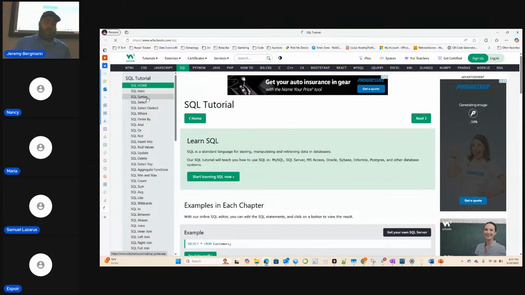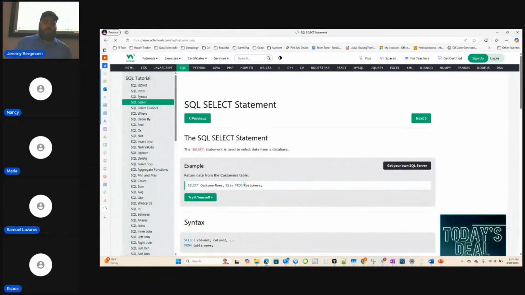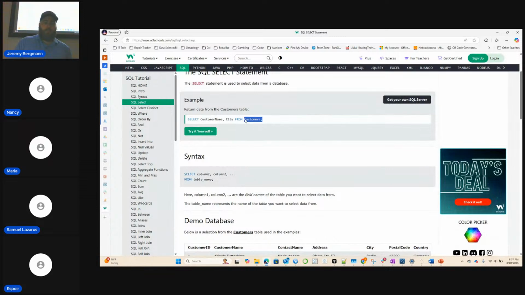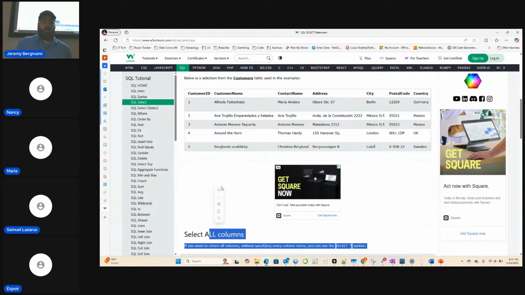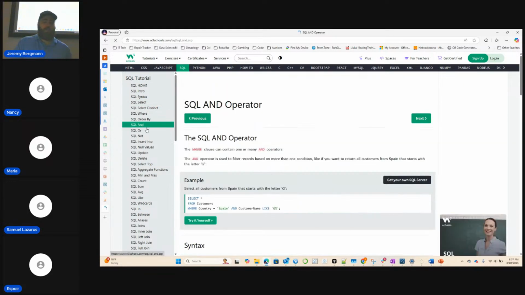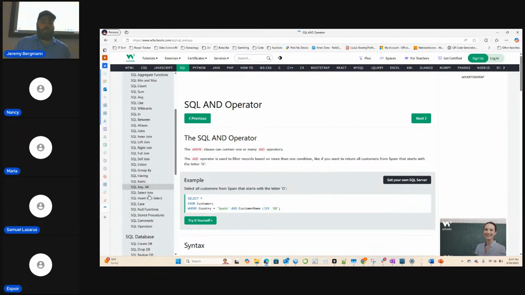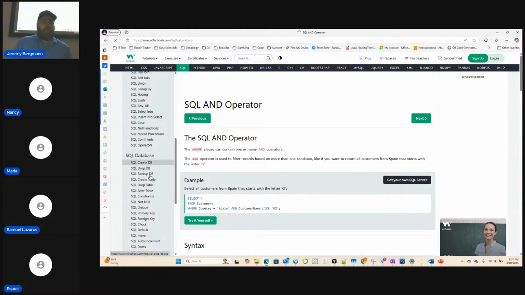But it has all of our different SQL clauses in here, like select, and they have guided examples from a customers table, and pretty much the most standard form of SQL possible. Straightforward and not database specific. You can do ANDs and the WHERE clauses and stuff like that. Highly recommend this one. Resources like this, I just feel are really good.